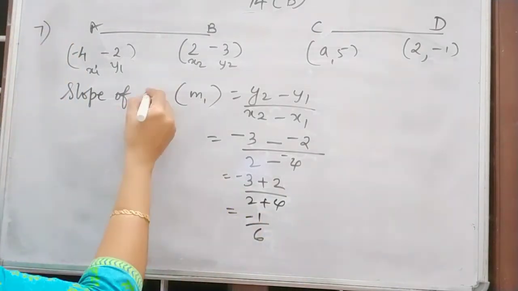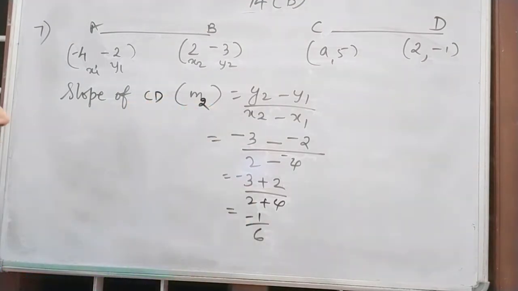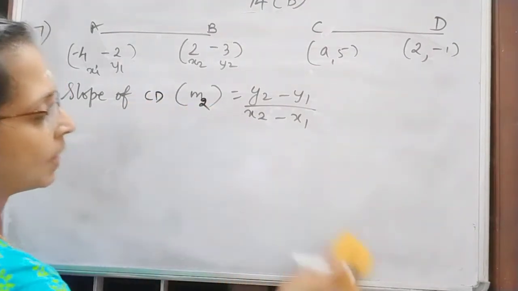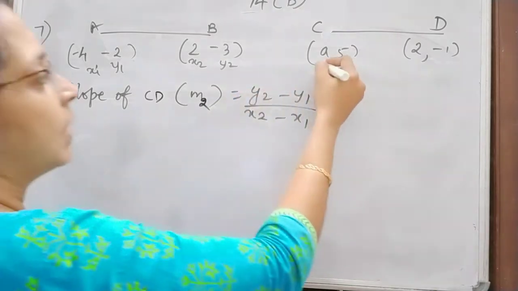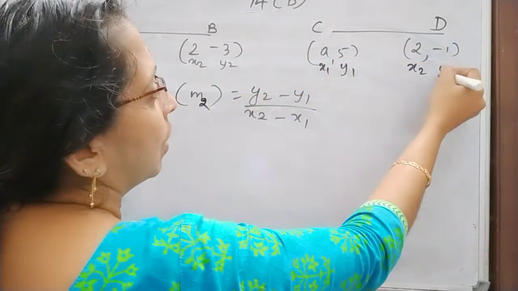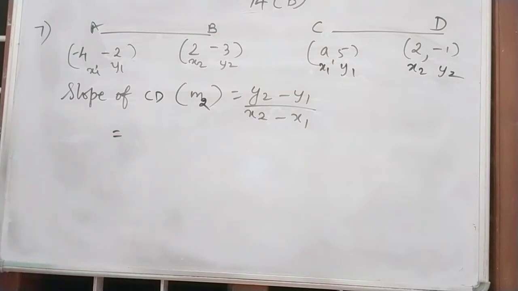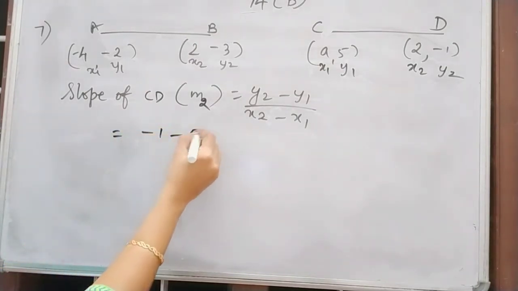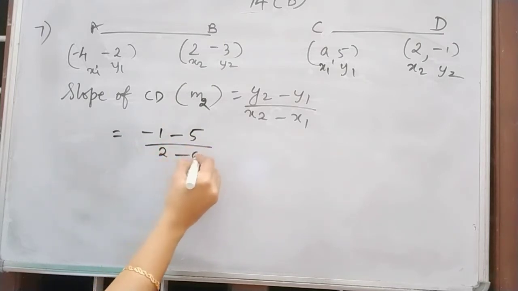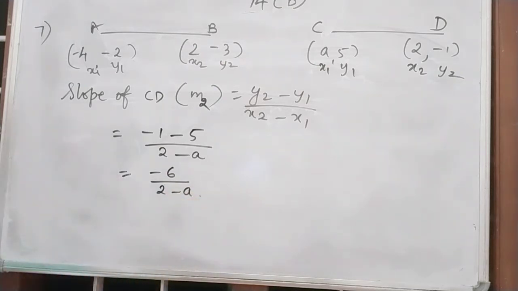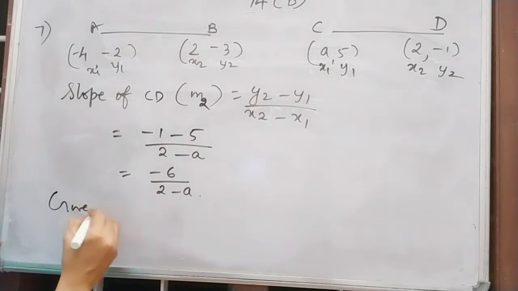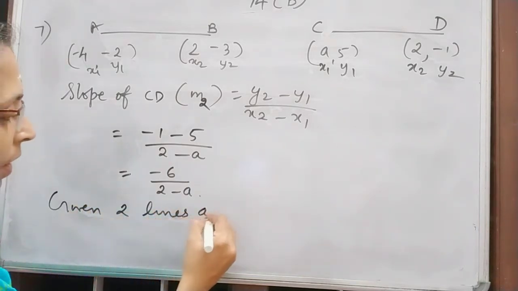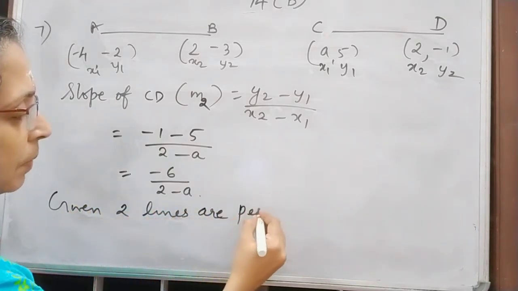Similarly, the slope of line CD, that is M2, is equal to y2 minus y1 divided by x2 minus x1. So here x1 y1, x2 y2. So y2 minus y1 means negative 1 minus 5 divided by 2 minus 8, which is equal to negative 6 divided by 2 minus 8. Given two lines are perpendicular,